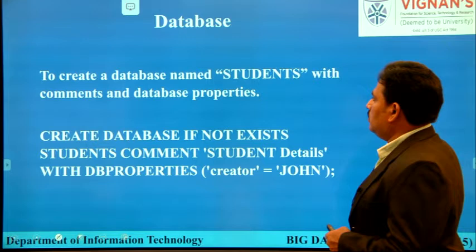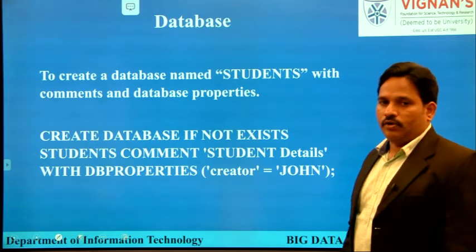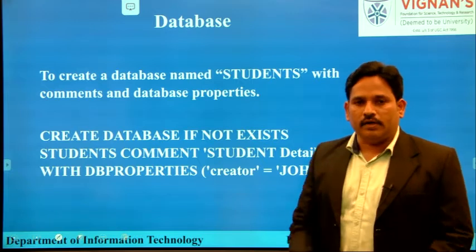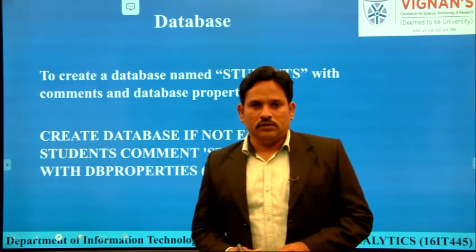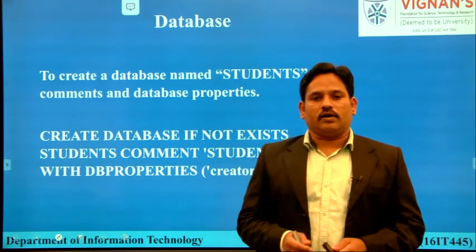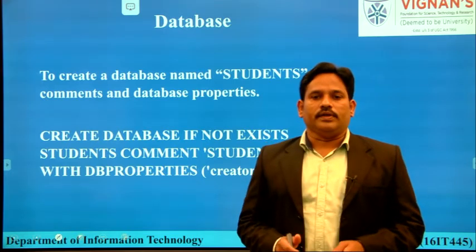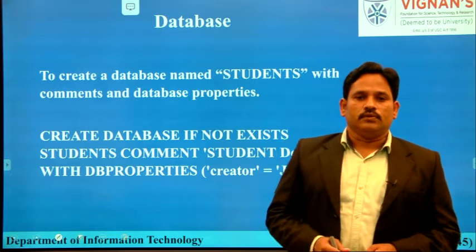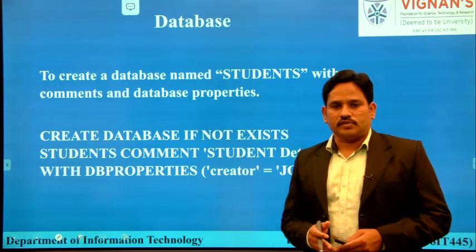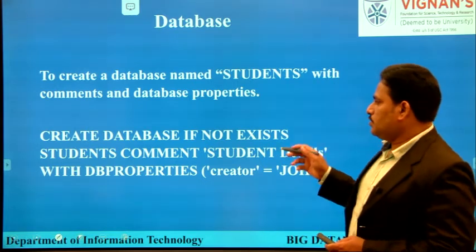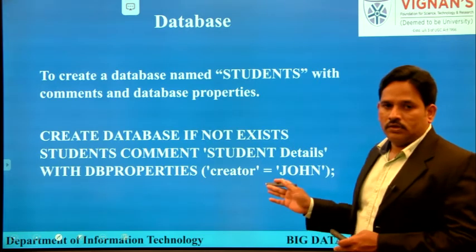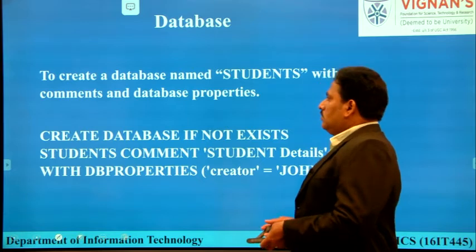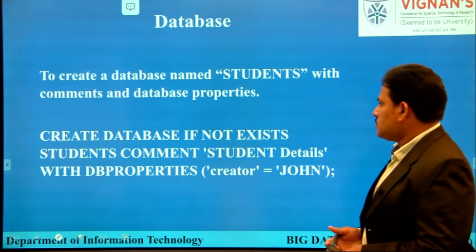Now we'll see what a database is in the Hive environment. Whenever you want to store complete information about an organization, let us take, we want to create a database for complete sales information. Now in that sales database, we want to store all the tables and information which will directly fall into the category of sales. Like this, a database is used to create the environment in order to store the relevant data. Now to create a database, we can use the following syntax.